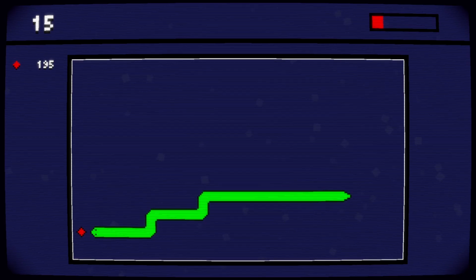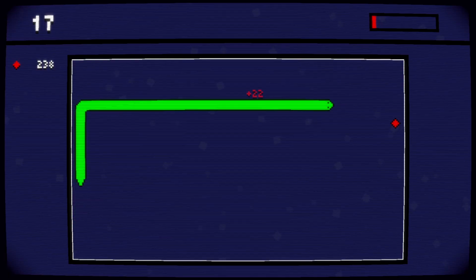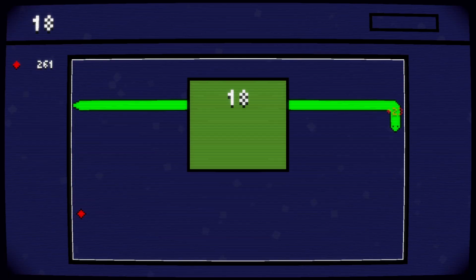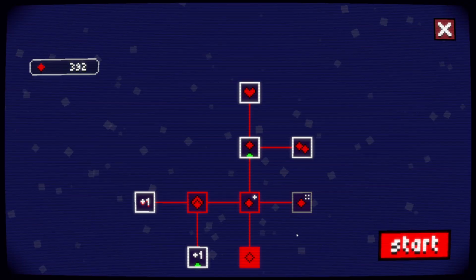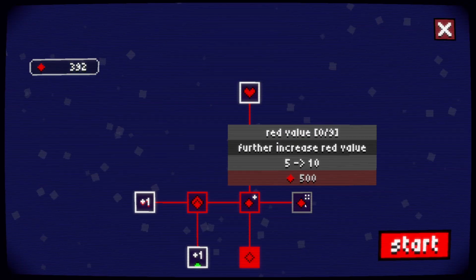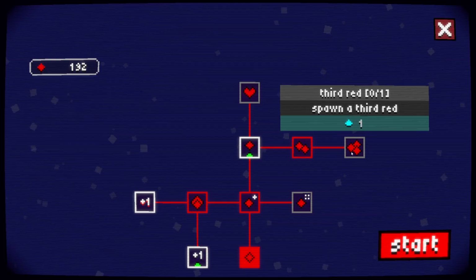Of course, it's kind of difficult to say because I don't know what upgrades are unlocked from upgrades. I mean, any upgrade could be the correct upgrade to take, depending on what you unlock from it. That's a blank to me. We could just double red value next run. Spawn a second red. Oh, that sounds fun. Spawn a third red. We will need...